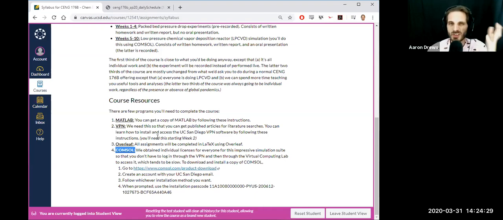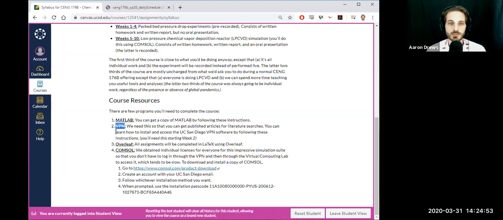But we're not really going to do any experiments like that, and so the biggest slowdowns are usually just waiting for your clicks to be registered. Now we have licenses that you can use to install that software on your own machine, and so that workflow will be much more enjoyable than trying to use the virtual computing center. That said, you are still going to need the VPN.